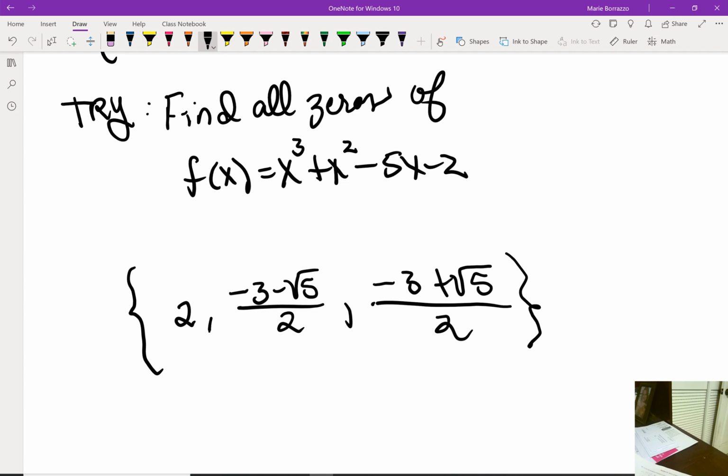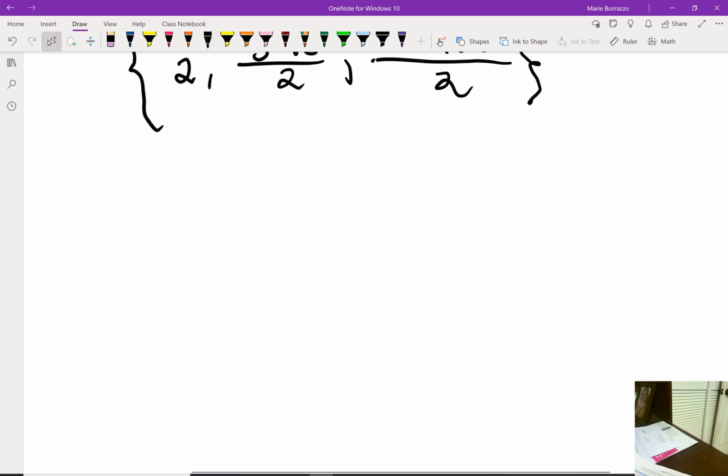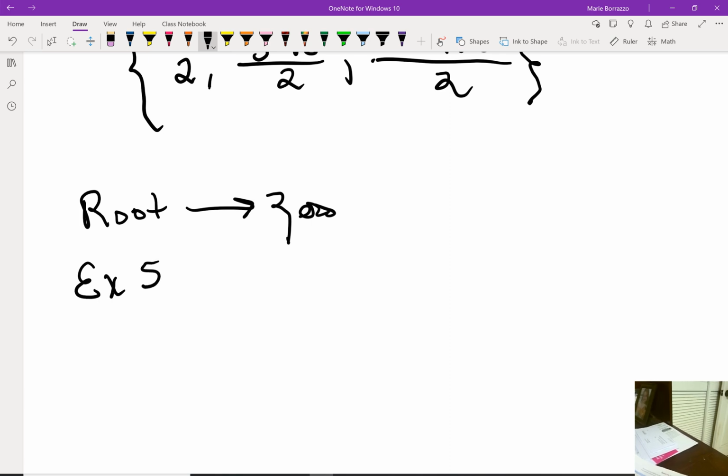All right, so let's look at another example. Here we're going to use the word root to reflect a 0. So this is example 5, where we are solving a polynomial equation